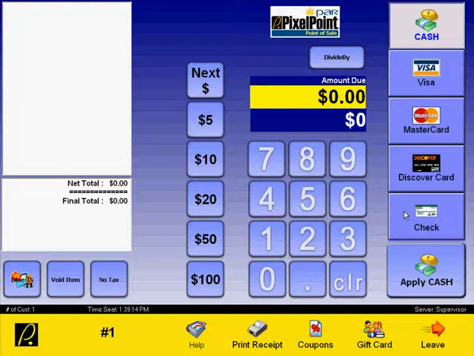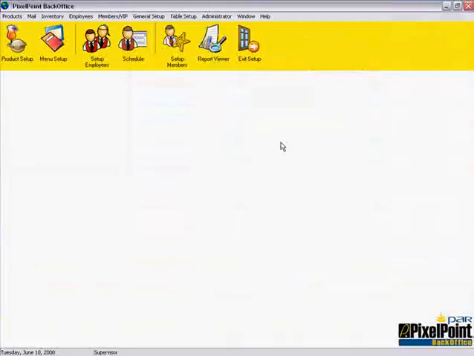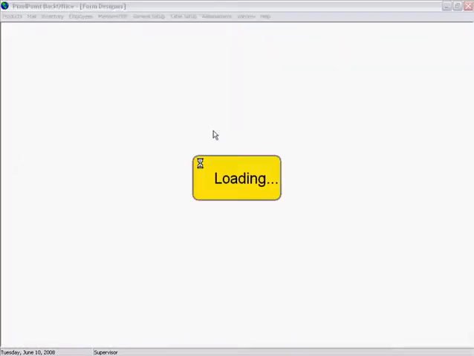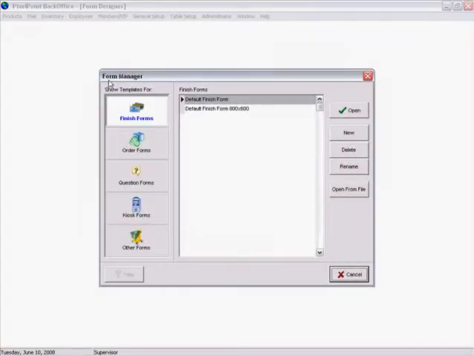And we're going to start out by taking a look within the back office at the Form Designer program itself. So coming into the back office, under the Administrator pull-down menu, we have Form Designer. Now selecting on this is going to bring up a window that's referred to as the Form Manager. And the Form Manager basically manages all the different forms or templates for all these different screens that reside